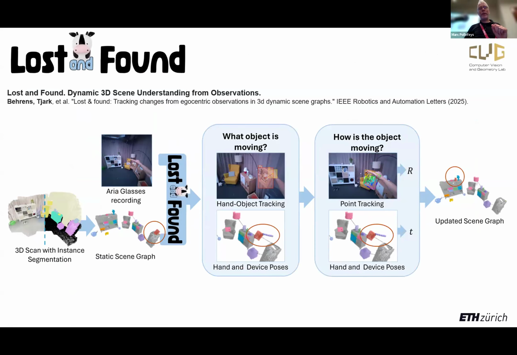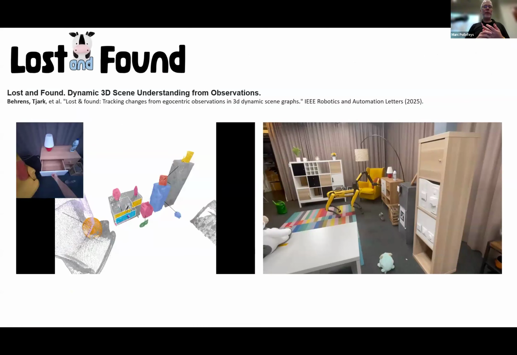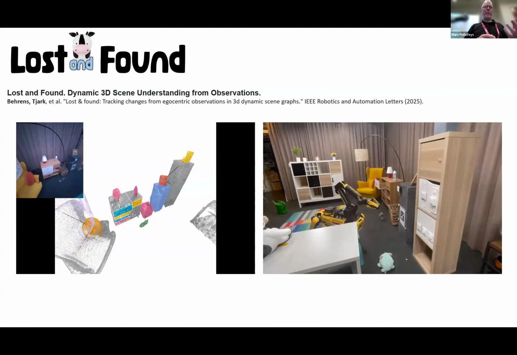Okay, so now more towards robotics. Here, people and robots are working together, and we're building digital twins for this. What you see is a scene graph representation that we've built up for this scene. Then you have a person carrying out a task, and that changes. So we keep track of how